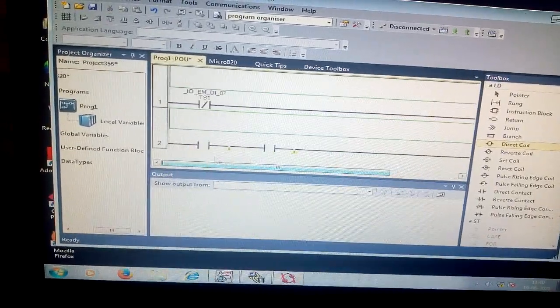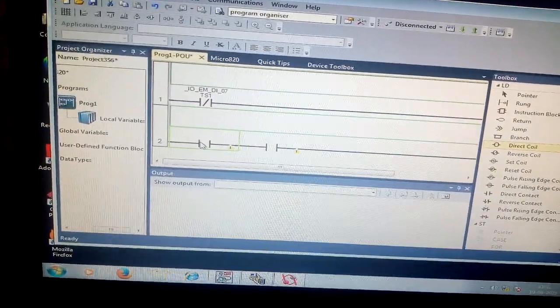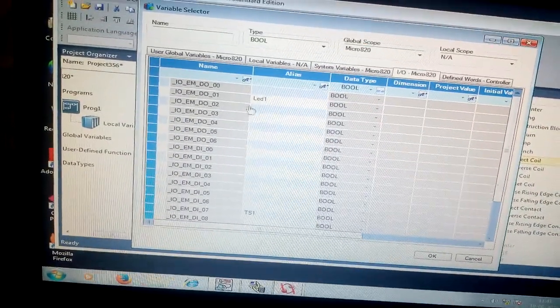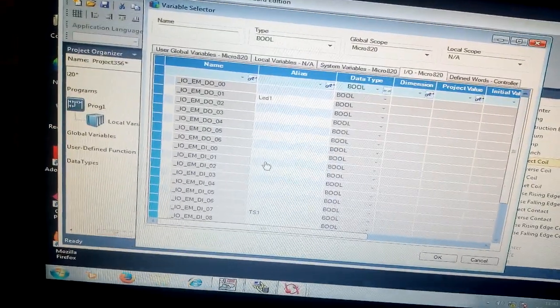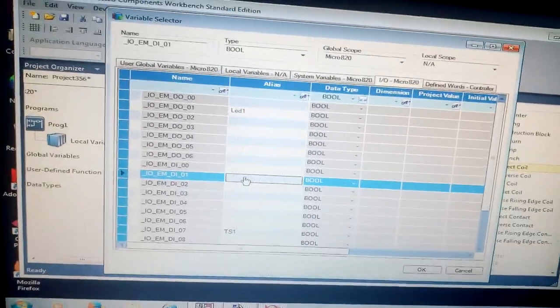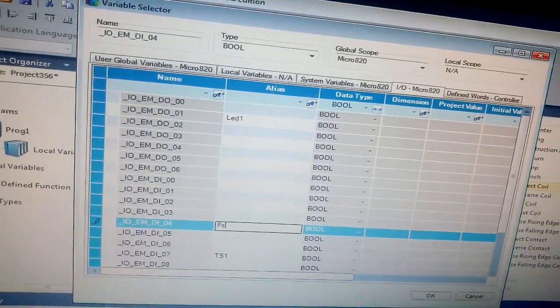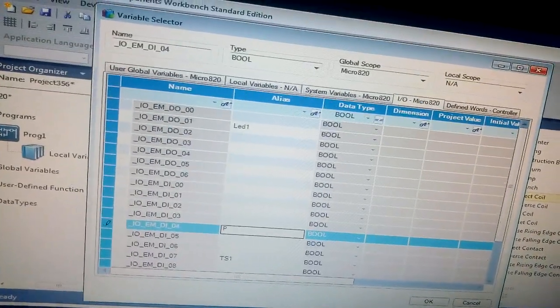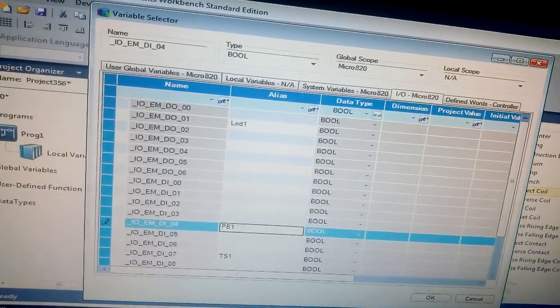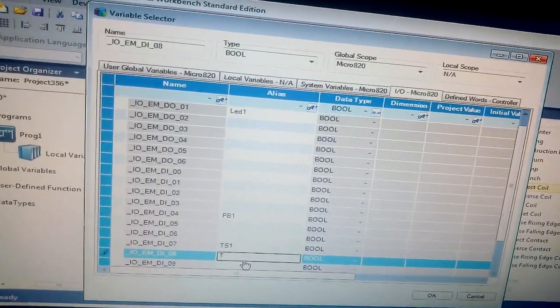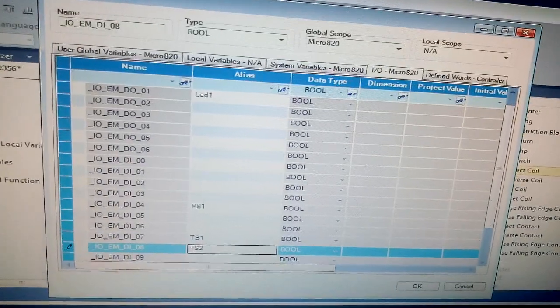Now for this I am going to assign the inputs again in the same process which we have used. The inputs which I want to assign are 4 and 5. Push button 1, and I want to use toggle switch 2.